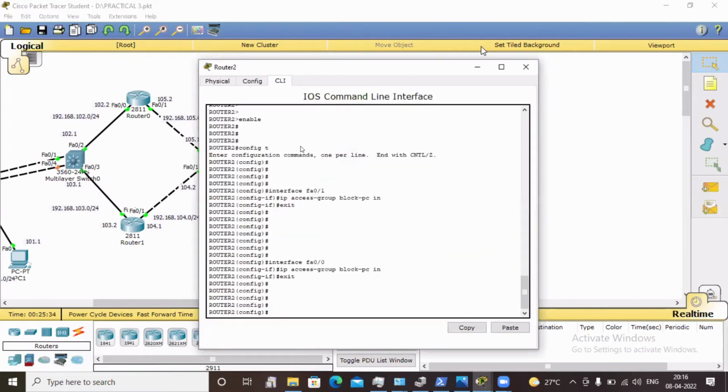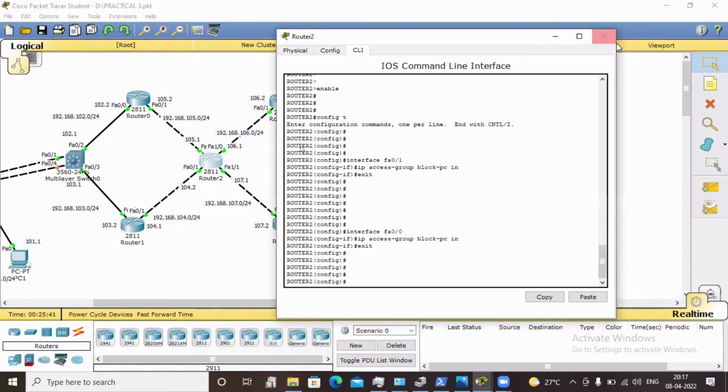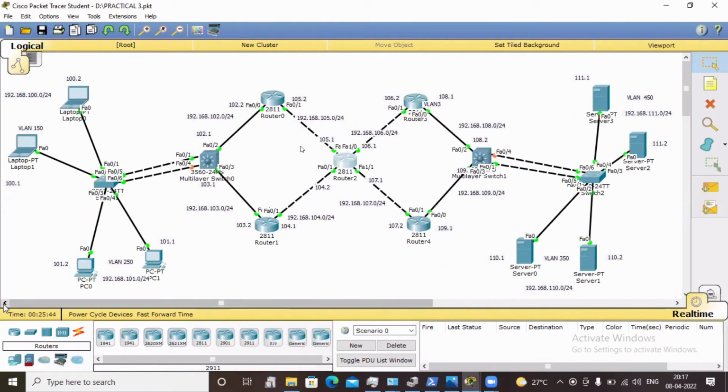Means from here, okay, let me just minimize this window and scroll a little bit left. Okay, now here we are going to add a new machine. This is your laptop. Okay, a new laptop will be added, and this laptop